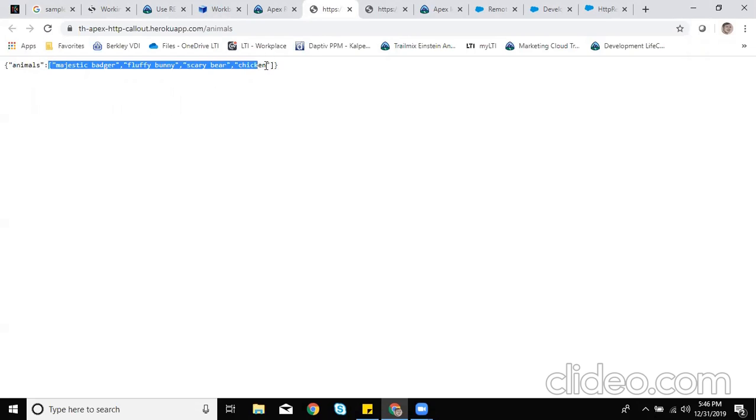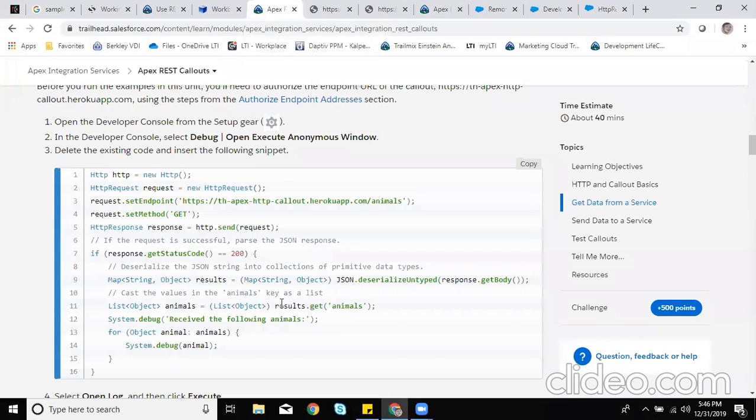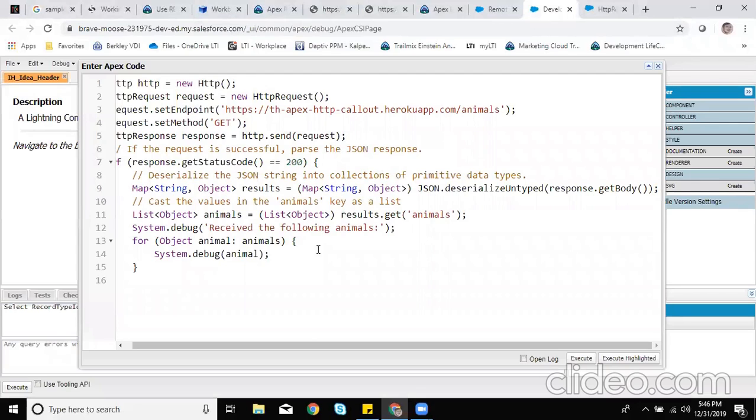It is an array, so it will be a list of strings. So we have a map of string, and maybe they have created it as object. So we will just take it as object,